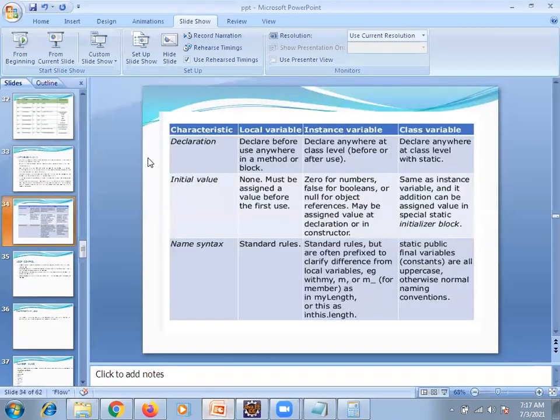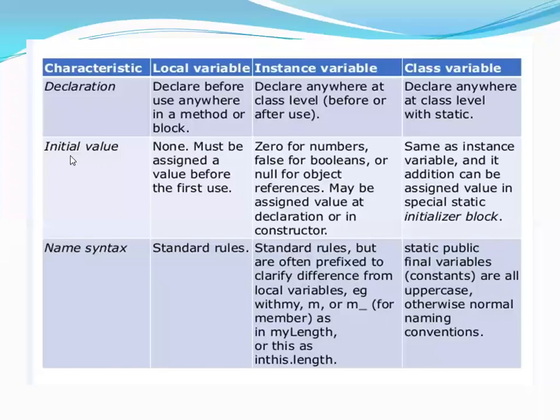Now the question was about initialize value. Initialize means assigning the value. So if you are not assigning any value, by default the Java compiler will load the default values which we require. If you assign any value, the JVM will create the object and it will give the same value. That's what it is: none must be assigned a value before the first use. Local variables you cannot leave unassigned because inside the method you are using them. This is the condition, that's what they are saying. If you are defining the local variable, it means you are doing some calculation on instance variables and you are